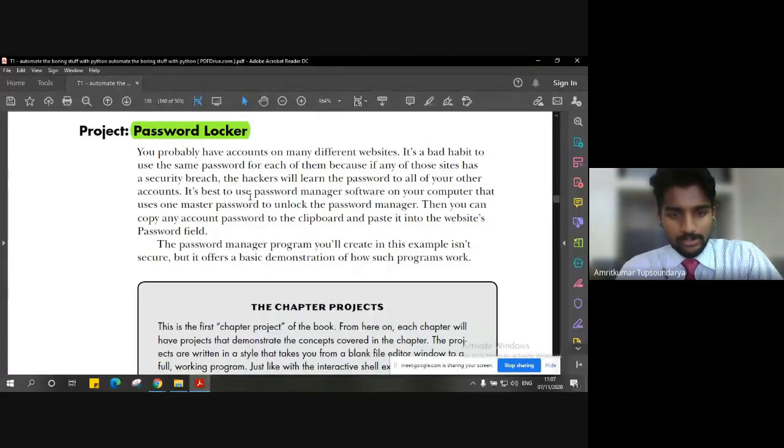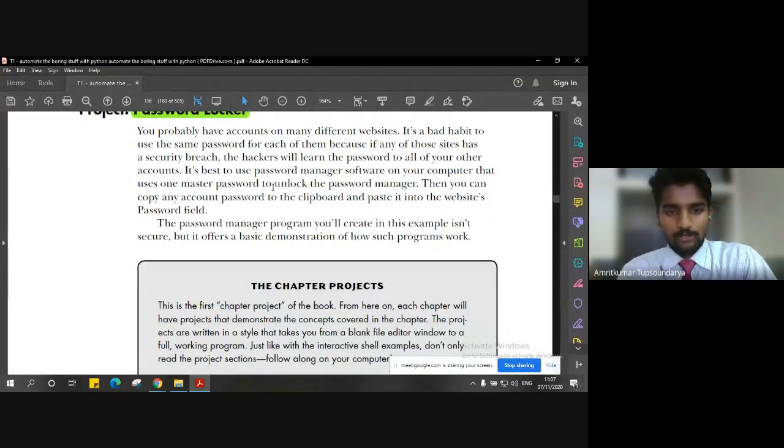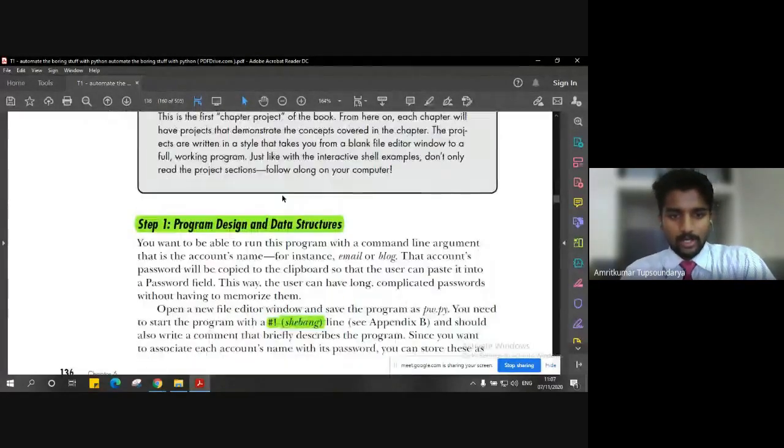As discussed in the previous lecture, we covered a small project called Password Locker, which was used to store different types of accounts, such as email IDs, as well as the passwords in the program. It returns the password for whatever account we give as input.